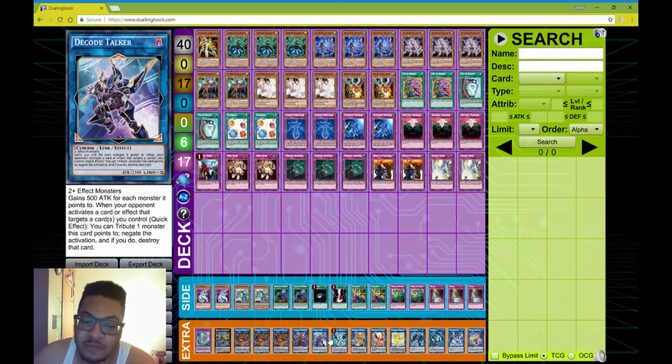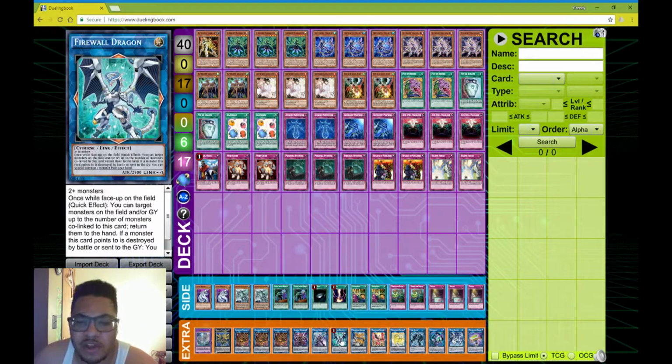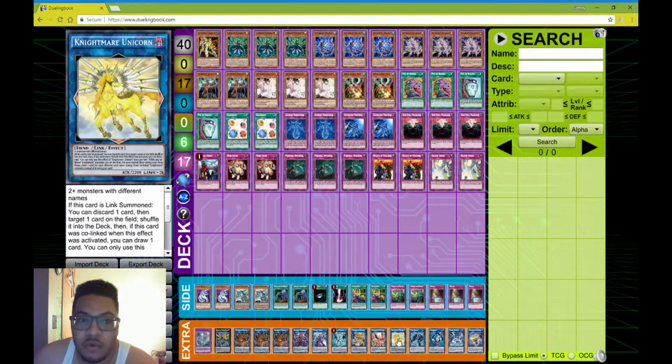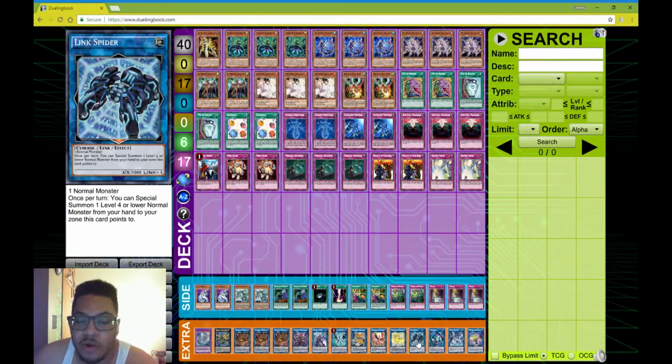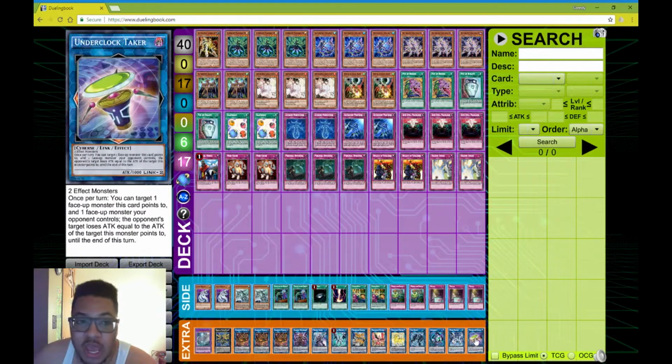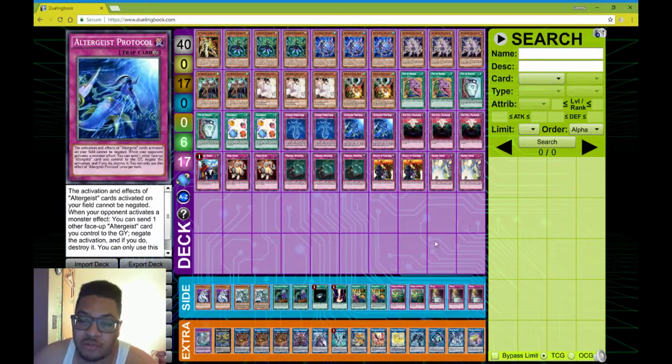1 Decode Talker. We got 1 Firewall Dragon. 1 Nightmare Cerberus. 1 Nightmare Phoenix. 1 Nightmare Unicorn. 1 Link Spider. 1 Link Karibo. 1 Proxy Dragon. And 1 Underclock Taker. The side deck was personal choice because of my locals and me being worried